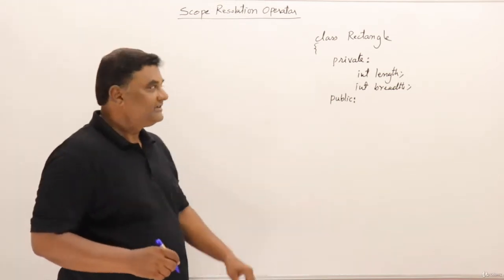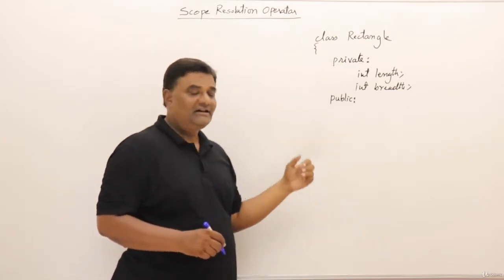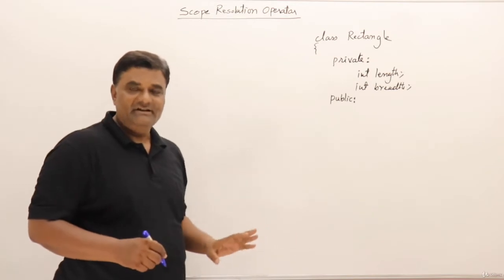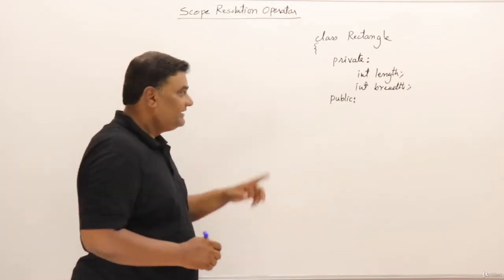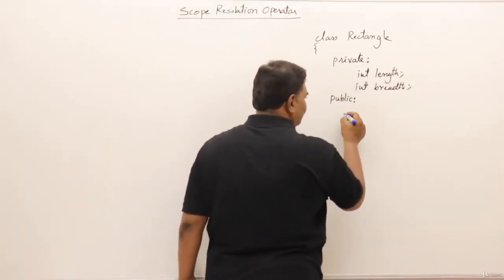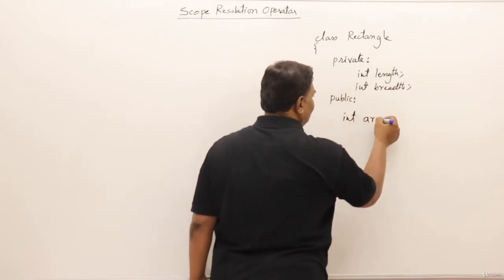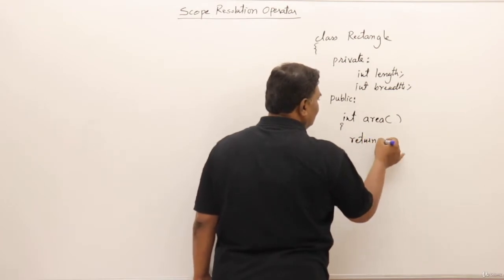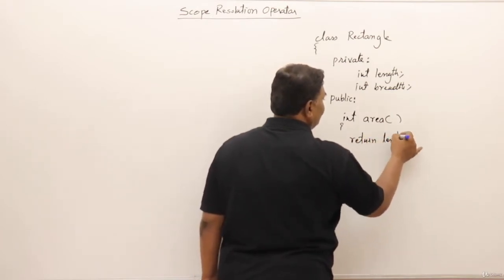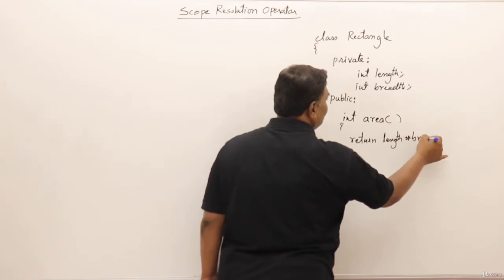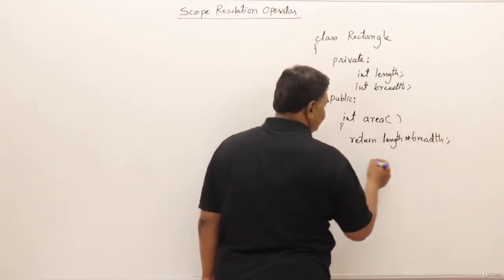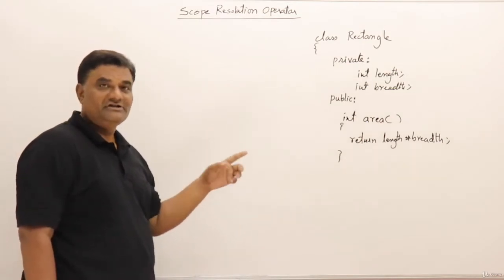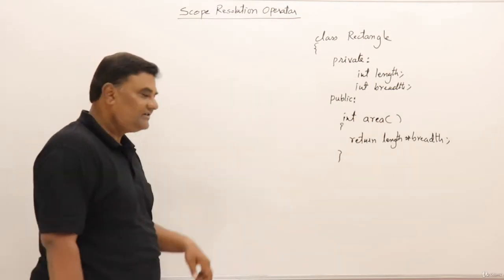To show those methods, I have taken the same class, the rectangle class. Private data members are already there. Assume that there is a complete class available here, but we are looking at only two functions. First, I will write a function for area. This will return length into breadth. This is one function. I have written the complete body of the function inside the class itself. This is one method.